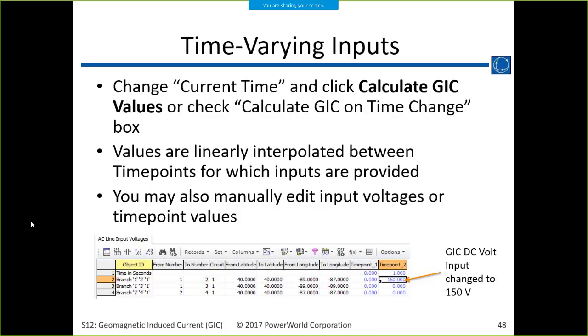Well, if you wanted to screen transformers out for thermal analysis, you might look at the worst case GICs for each transformer and just say, on an event of a certain magnitude, if the direction is worst case, then this transformer could be impacted. So you put in a storm direction, then you calculate from 0 to 180 degrees of the storm direction, and report the maximum? Is that how it works?